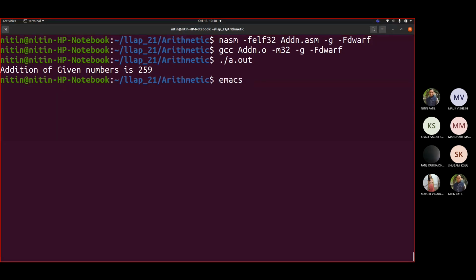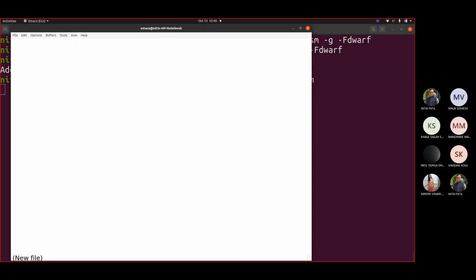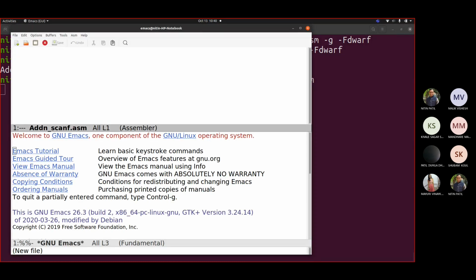So let us write another code. Add n. I want to read that array using scanf, not ASM. How exactly would you do this? By the way, do you have any problem with whatever program we saw? If you have any question, you can ask me.